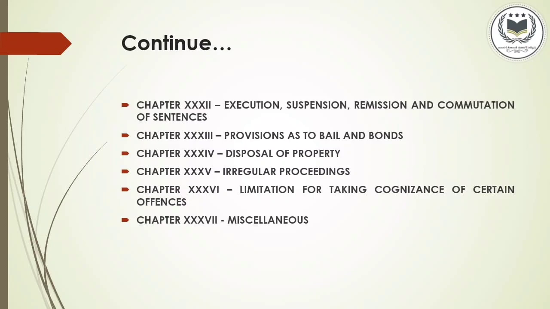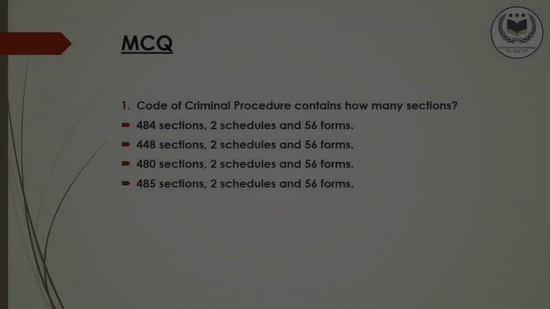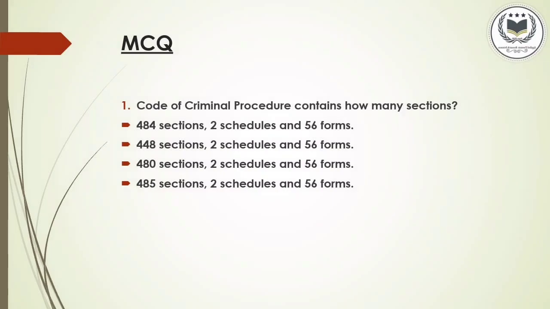Chapter 35, that is Irregular Proceedings, it has total 7 sections. Chapter 36, that is Limitations for taking cognizance of certain offences, it has total 7 sections. And at the last, Miscellaneous, chapter 37, it has total 11 sections. So this is the end of the presentation, and at the end we have a multiple choice question, that is